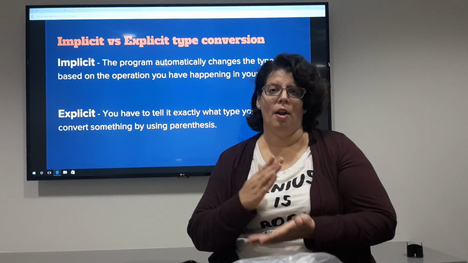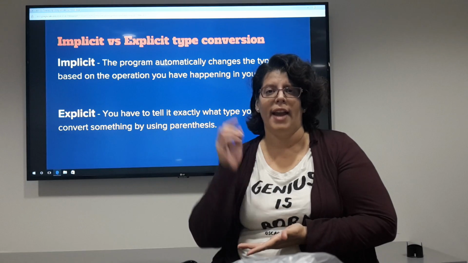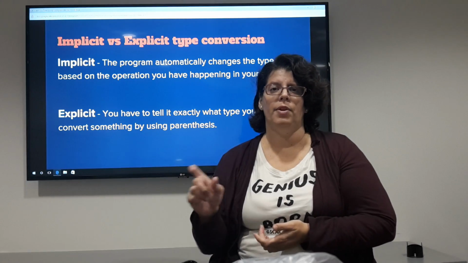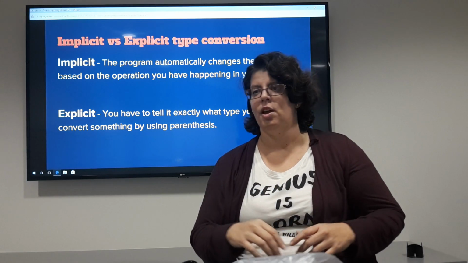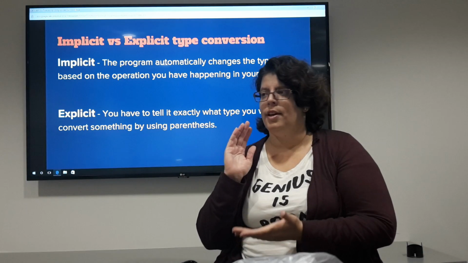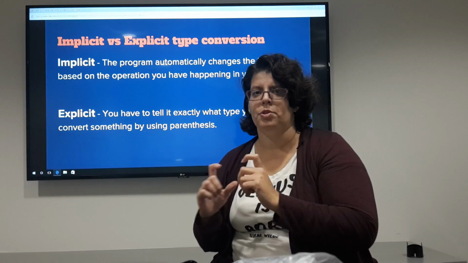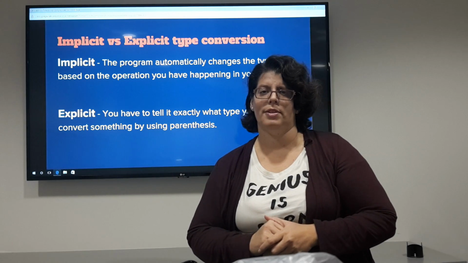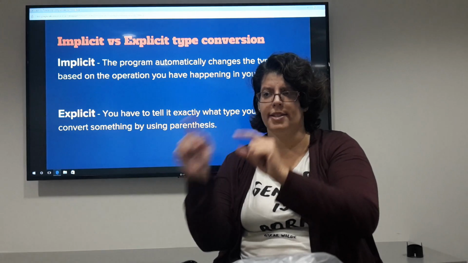Explicit is pretty much on purpose, where you on purpose decided, I need this to be converted from an integer to a float because that's the only way I'm going to get the right answer in this equation. Or I need specifically for this to be converted to integer value. So I'm specifically going to say get this value and turn it into an int, and then do the operation I'm requesting. So explicit is pretty much you forcing it by telling it exactly,